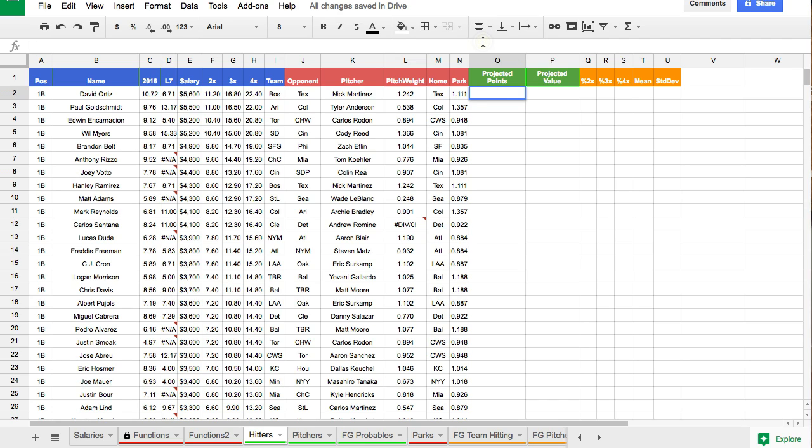And that formula looks like this. Okay? So let's talk this out. I'm going to put this in here. This is David Ortiz, projected for 7.9 fantasy points tonight. Now, what this is doing